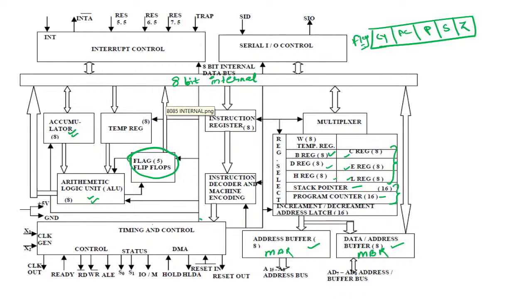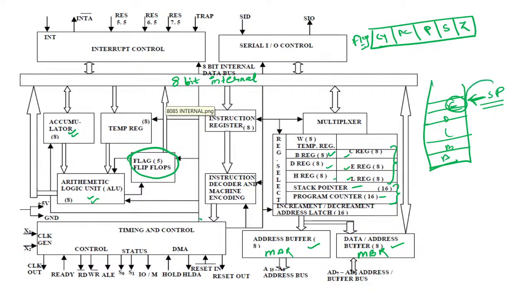Right, then we have timing and control. The stack pointer is used to point to the stack. So in memory you will have a stack like this. The stack pointer will point to the top address of the stack. For example, let us say in the stack we have data like this: A, B, C, D, E. So the stack pointer will be pointing to the top location in the stack, you can say the top of the stack. Right, you have studied in data structures, the top of the stack is pointing to the last location in the stack. So the stack pointer is a pointer, that means it will keep the address of the last location in the stack.